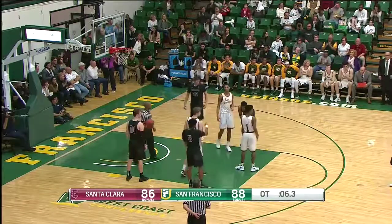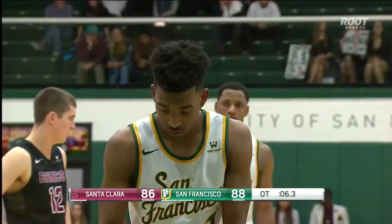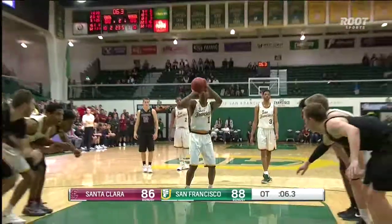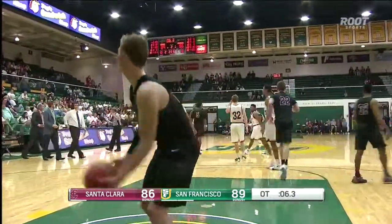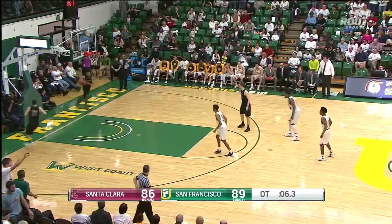Watson's first free throw is in. He's got 23 points. And now the question is, if he makes the second free throw with 6 seconds left, do you take a strategic foul, or do you allow Santa Clara? Gatorson, a 3-point specialist. So if you're San Francisco, if you're not going to take that foul,